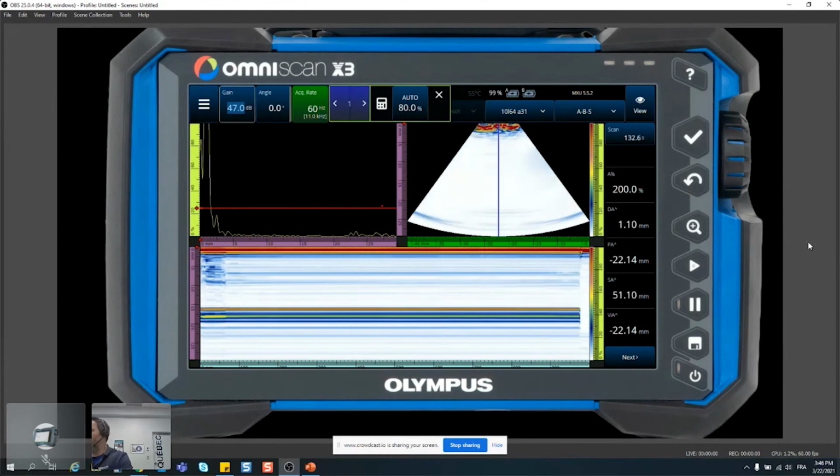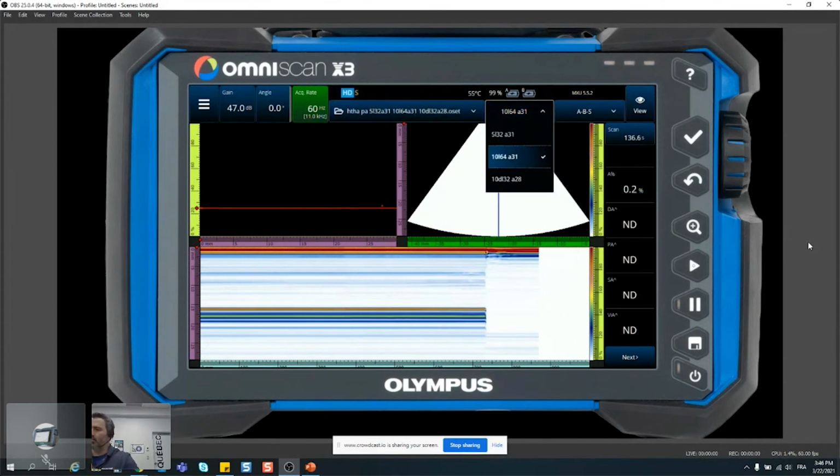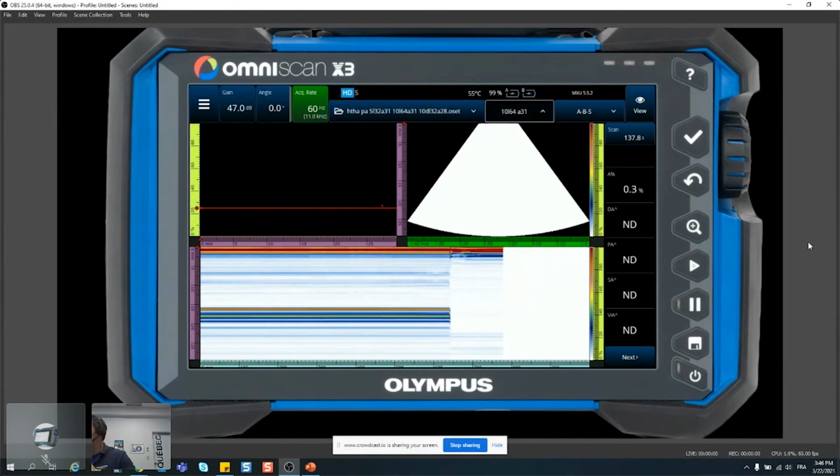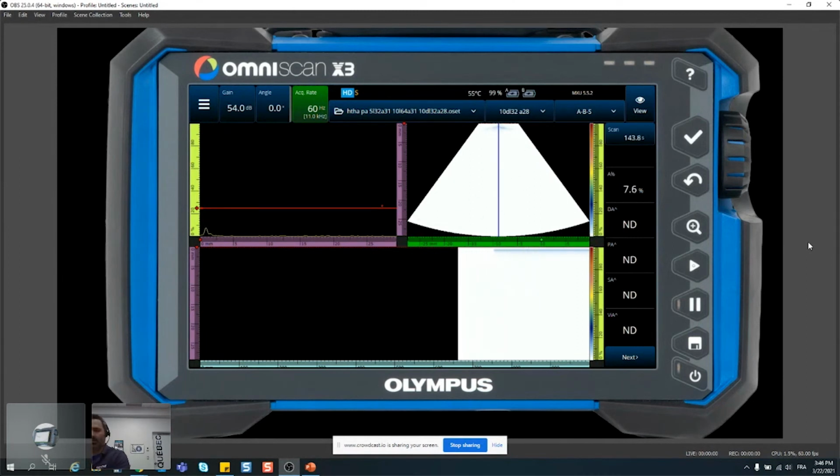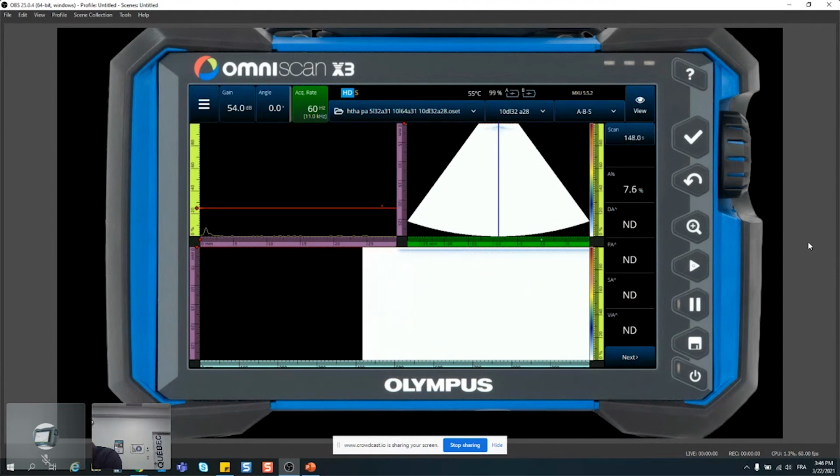Now from here, moving to the 828 dual linear probe. Element 1 is this one. A little bit more water.